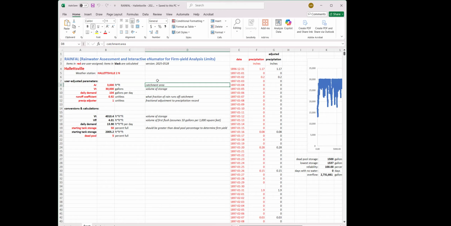It's sort of like, how does a raindrop see your roof? If it's a flat roof versus a steepled roof, it's the catchment. VT is the volume of storage. So that would be the size of your rainwater tank. Daily demand is how much water do you need a day? Or maybe you have a set roof, you have a set tank, and then you're trying to figure out what is the maximum you can produce on a daily basis and not have your tank go dry during a repeated